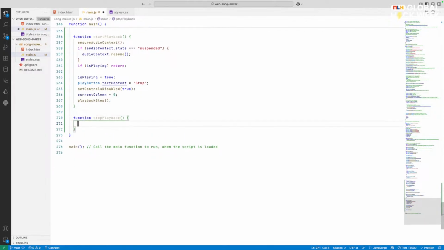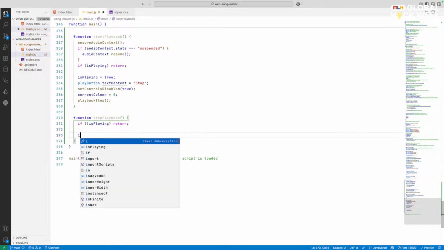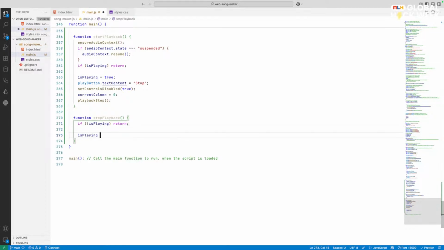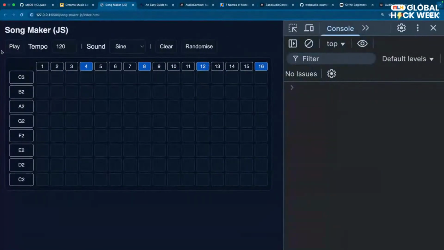Now in the stop playback, if it is not playing already and somehow you are in a stop position, just return. Next is playing. If you click on the stop button, is playing should change to false, right? Then the play button dot text content should change to play again. Initially it was play, you clicked on it, it changed to stop. Now it is stop and you click on it, which means you're telling it to stop, it should change